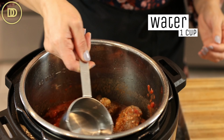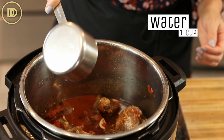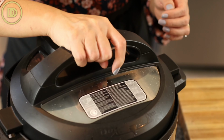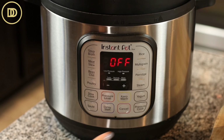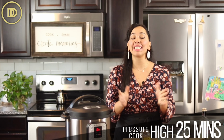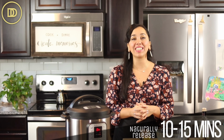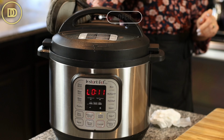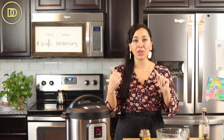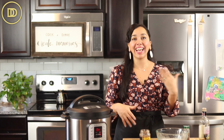Now I'm gonna go ahead and add 1 more cup of water so we can have a nice broth going. I'm gonna put the lid on and set it to seal. Then I'm just gonna set the pressure cooker to pressure cook on high for 25 minutes. Then I'm gonna let it naturally release for about 10-15 minutes and then release whatever pressure is left by opening the vent. In the meantime, I'm gonna cook the shallots, clean up a little bit, and then we're gonna move on